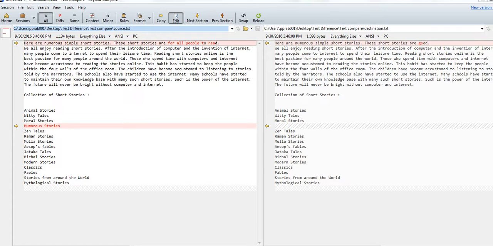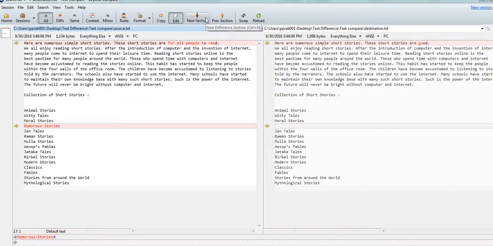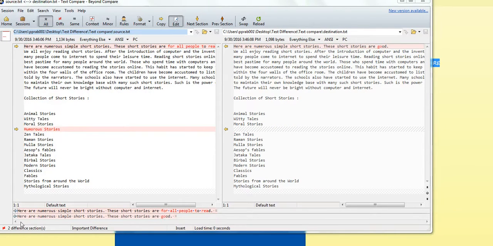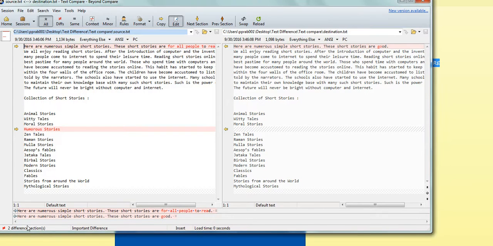You can also use the next selection and the previous selection to scroll to the different lines. Also, at the bottom left corner, it shows that there are two differences in these files.